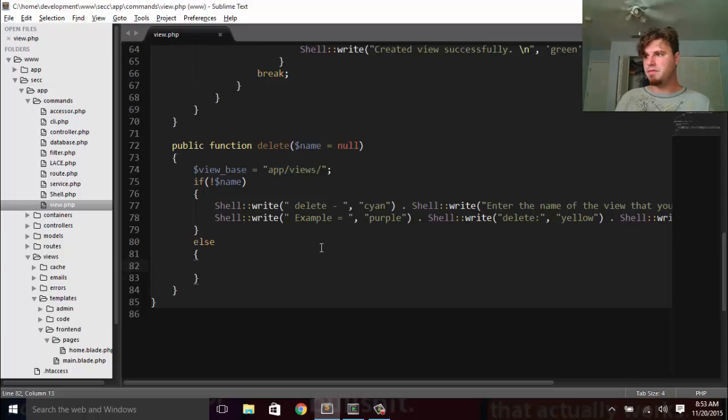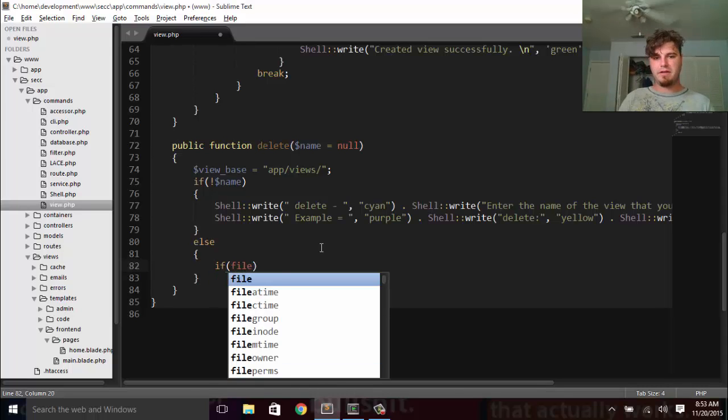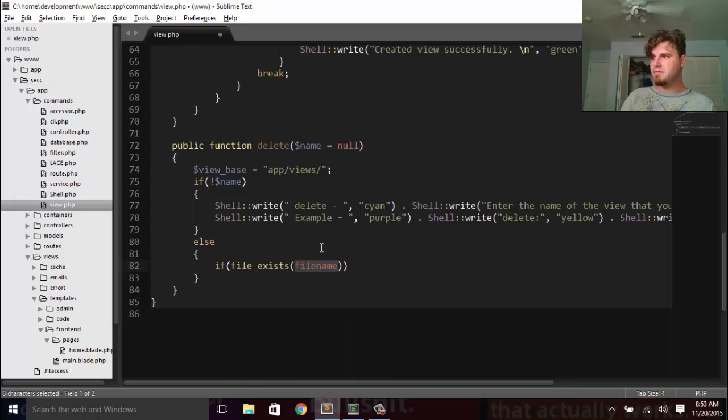And so if the name has been supplied, we will say if the file exists, view base plus the name plus .blade.php,